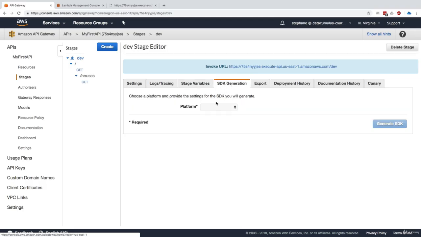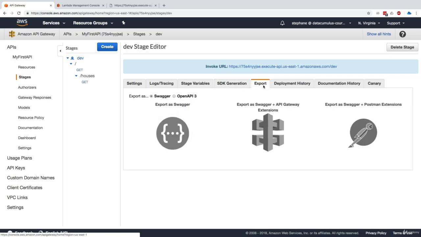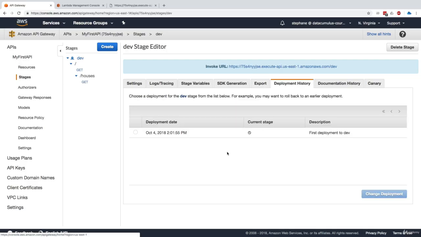We could generate an SDK for Android, JavaScript, iOS, etc. We could export our API as Swagger and so on, or Postman extension or API Gateway extension. So we have a lot of different options, and we can use Swagger or OpenAPI 3. We can get a history of the deployment.